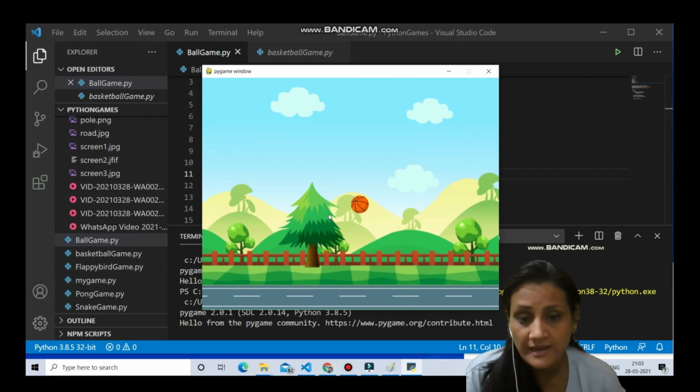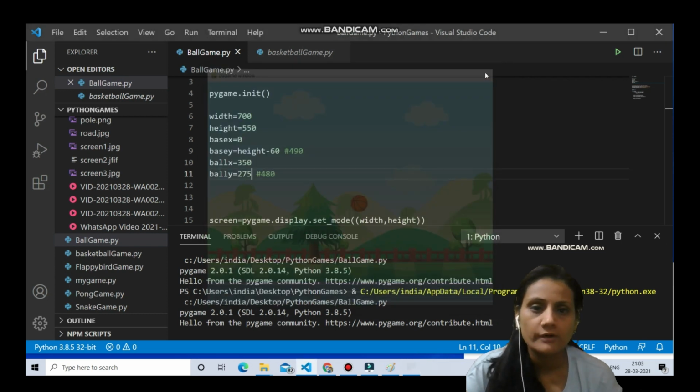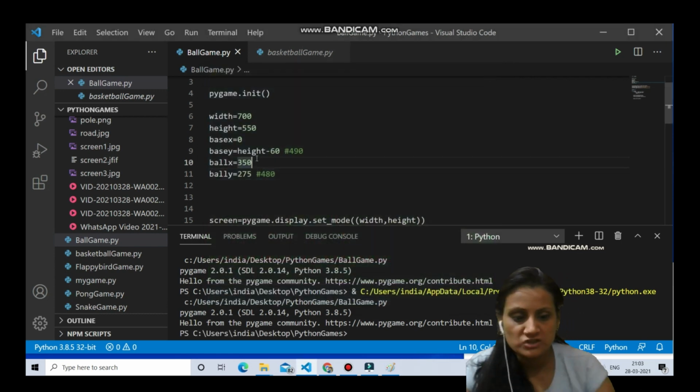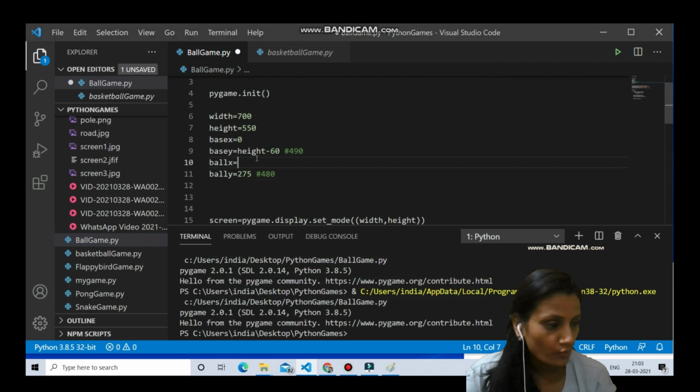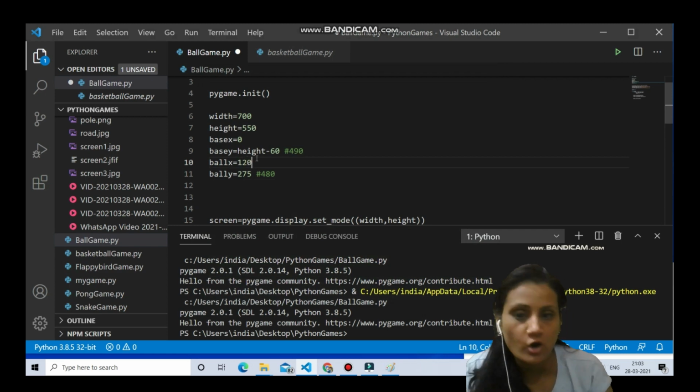That is the reason x and y. So this is your x and this is your y, which you have to decide accordingly. This is 0, 0. Fine. Hope you have understood this. Now I'm changing it back, and the most exciting part of this programming is the moving object. So we will be working on the moving object now.